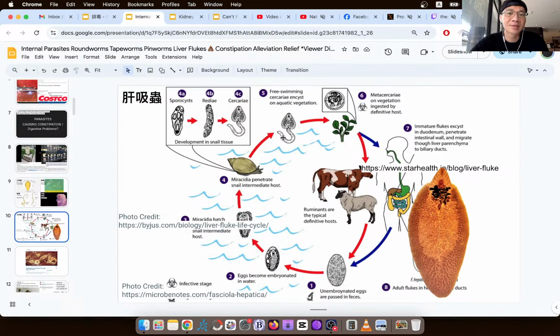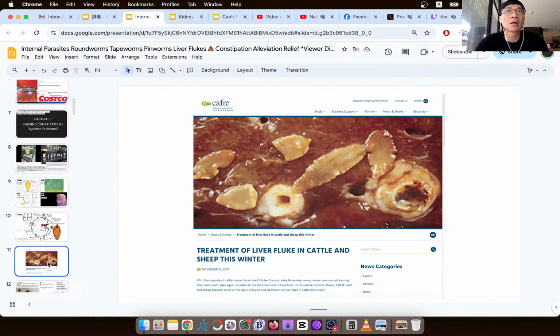From here, it comes out of the snail and may attach itself onto some type of watercress, some type of vegetation, and the cow or sheep comes and starts to eat this vegetation, and that's how this liver fluke continues to survive. If you talk to anybody in New Zealand, in Australia, anywhere in the world where they have to deal with ranching, cattle business,